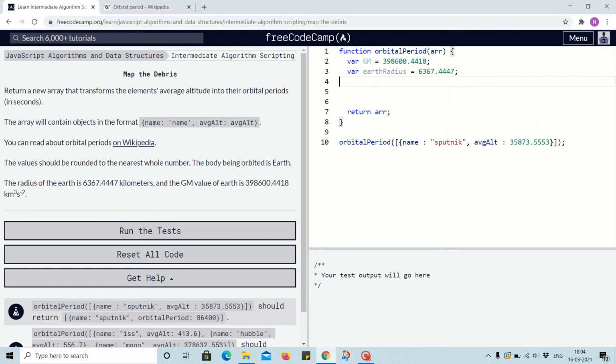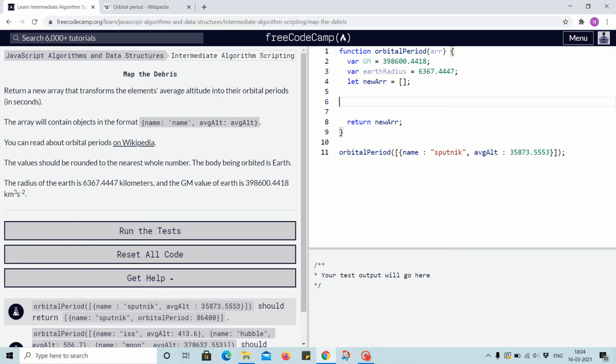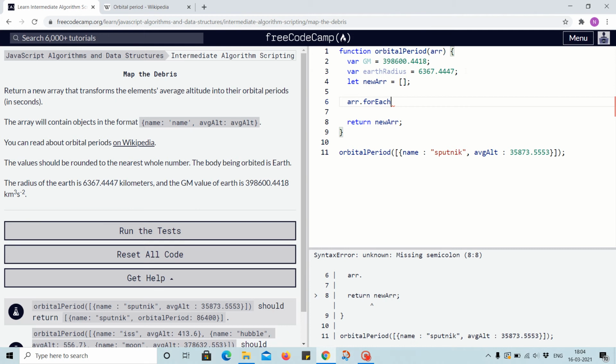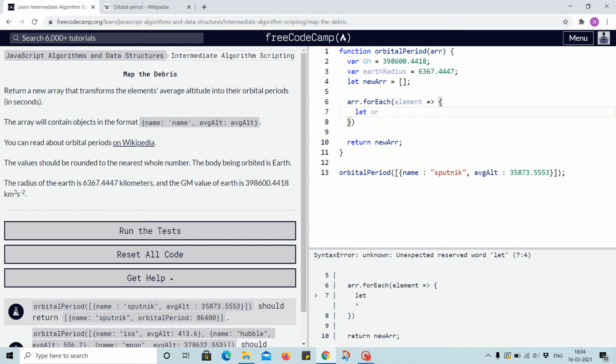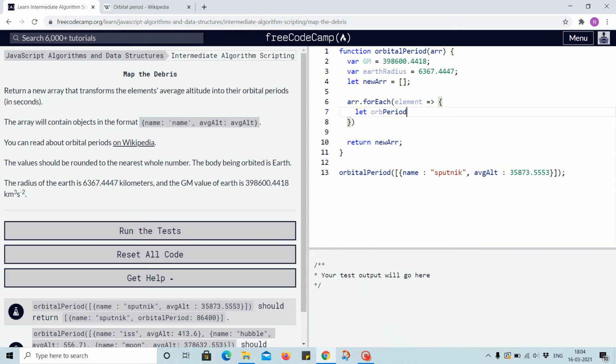let's get started. Let newArr equal to an empty array, and we will use newArr as the return value. Now on array arr, forEach method we will apply an element. Let orbPeriod equal to 2 into Math.PI